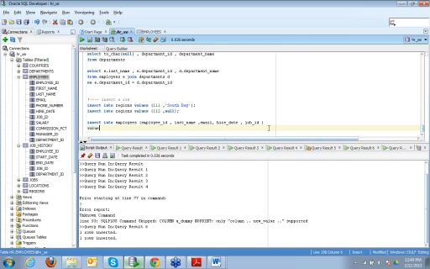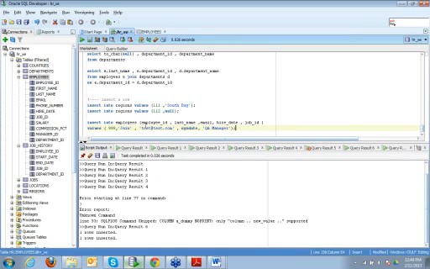Now I can give the values. 999, and let's say I want to give sysdate as the hire date and job ID as this.